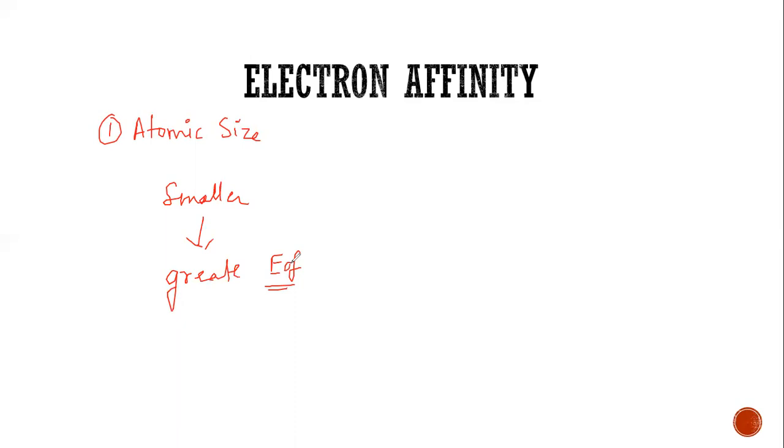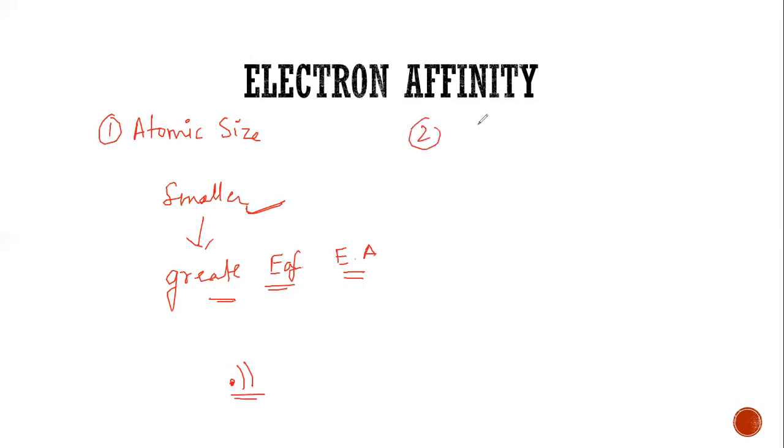This electron affinity is also known as electron gain enthalpy, or you can represent it as ΔegH. So the smaller the atomic size, the greater the electron gain enthalpy, because the attractive force between the nucleus and the valence electron will be greater,